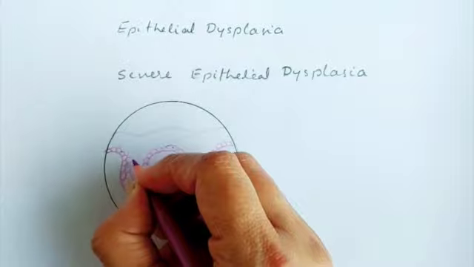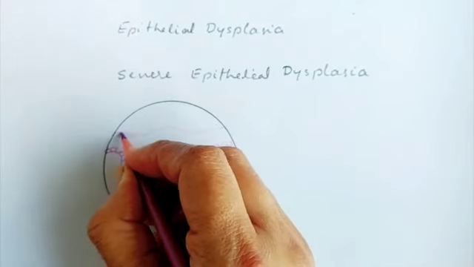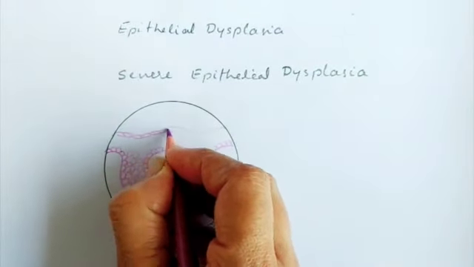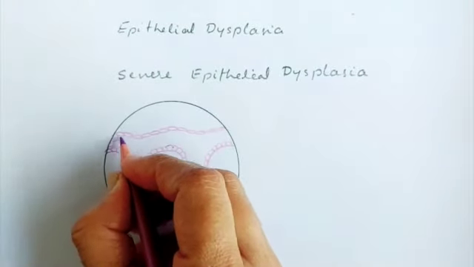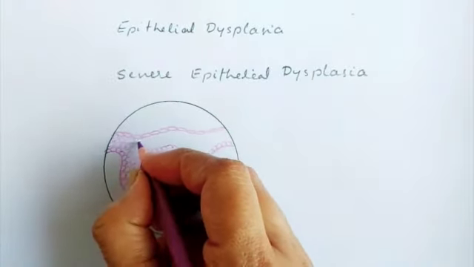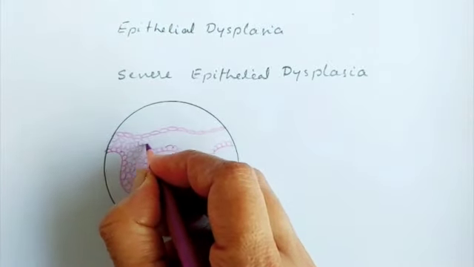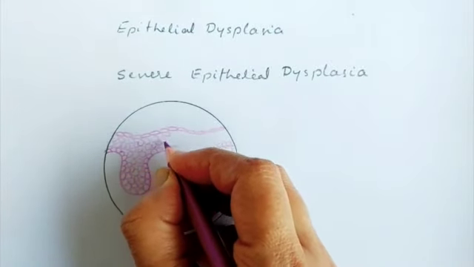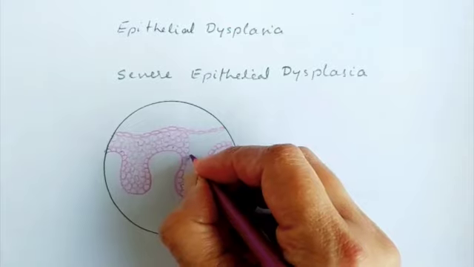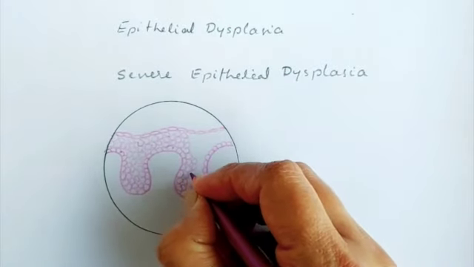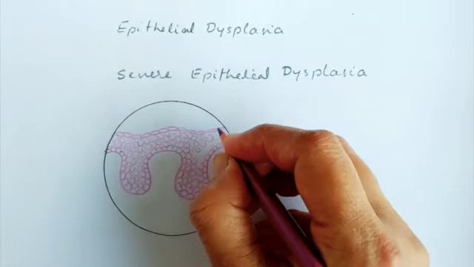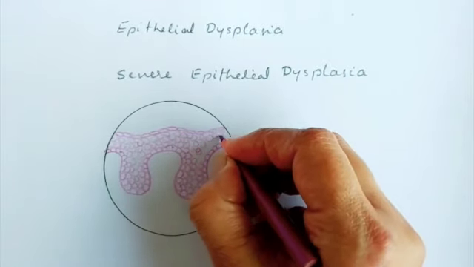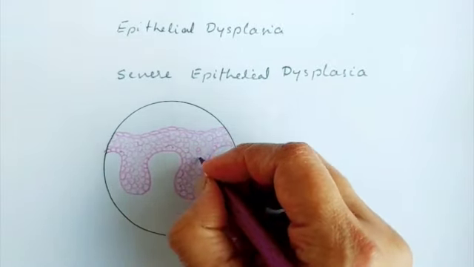And we start drawing the acanthotic layer, the surface layer. Just keep drawing all the cells now that we know how to draw the epithelium in a dysplastic condition. Once we finish filling the rest of the area, in one area we will draw cells separated from each other to show loss of cellular cohesion, as I have shown here.